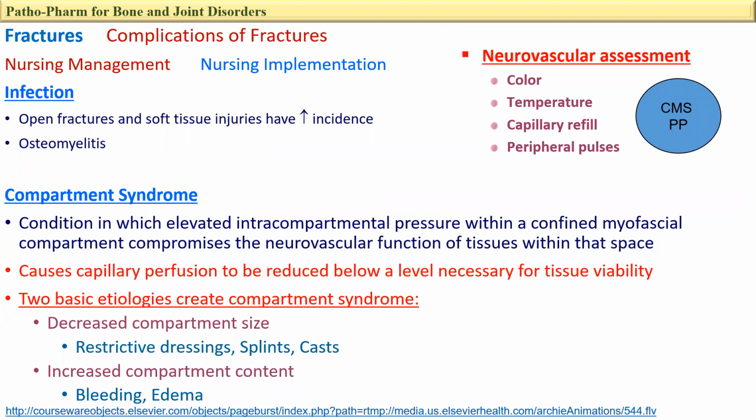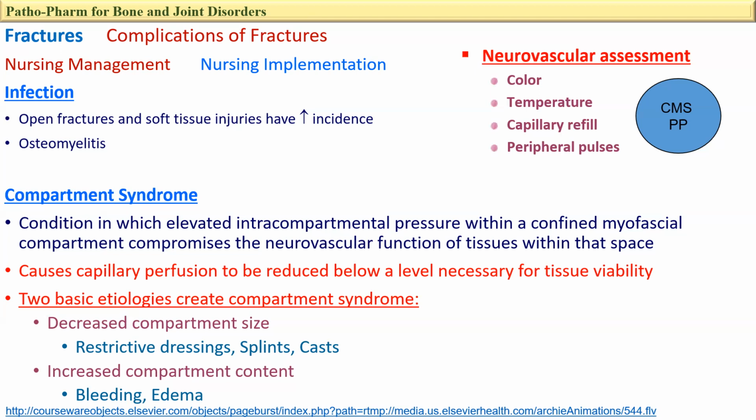The first complication of fractures is infection. We know that with open fractures, in which the wound is open, there is a direct connection between the environment and the bone that puts the bone at more risk of being infected with osteomyelitis. So the risk of osteomyelitis will be high in open wounds or open fractures. The second one is the most important one, and you have to highlight this and read about it,